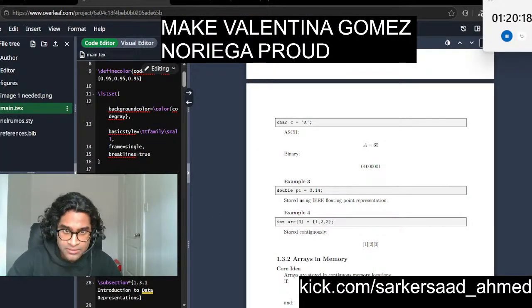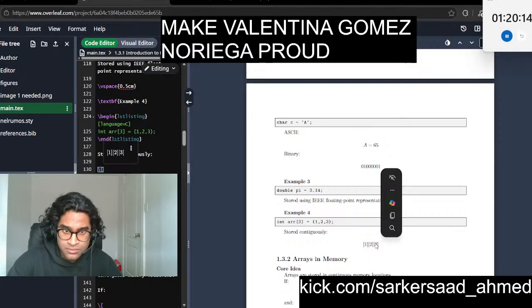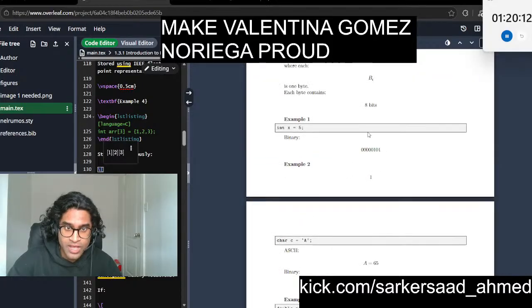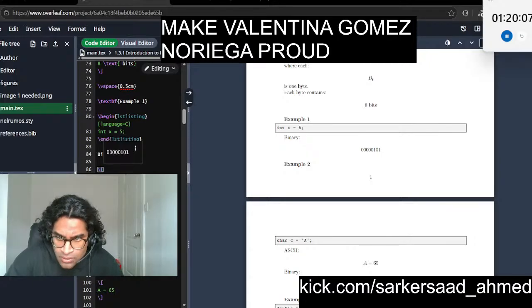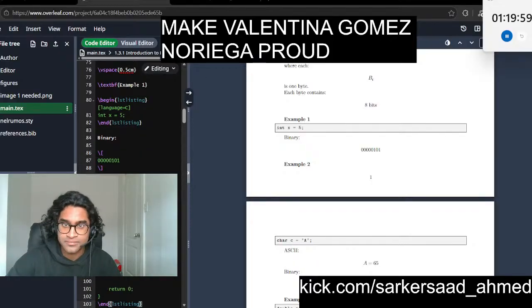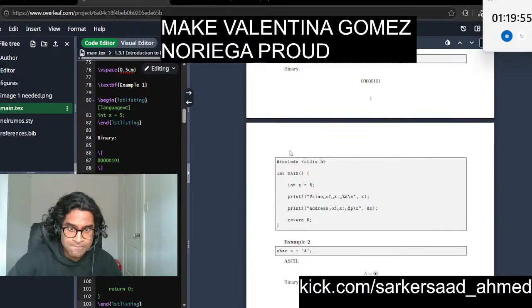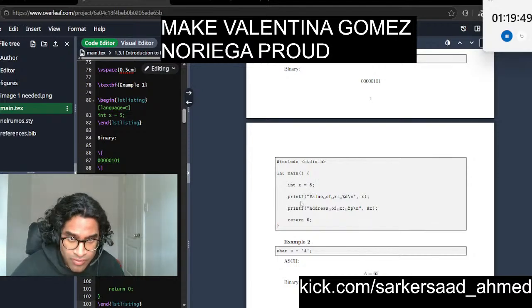Add it here. So include stdio, int main, then int x equal to 5. So okay,